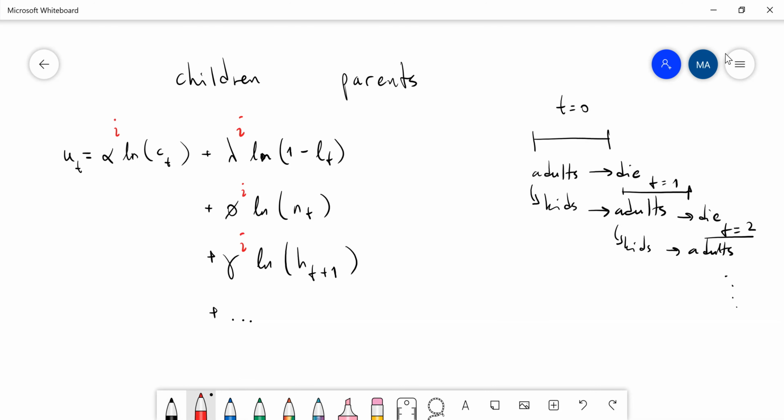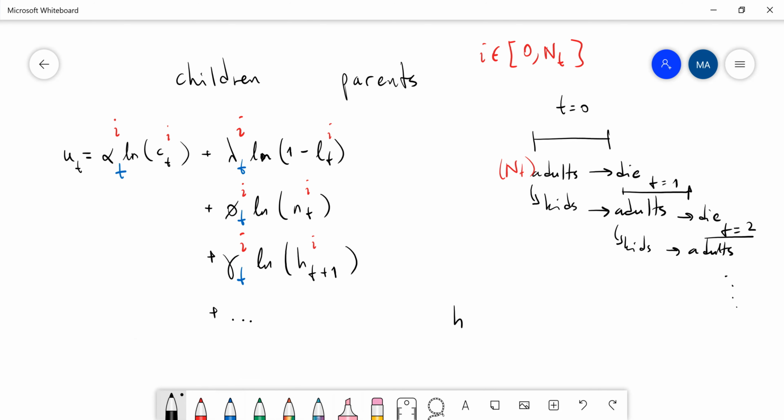Now realize that these parameters do not have to be equal across agents, right? So if there are different parents, suppose that this is the population at T, right? So there are NT adults. These agents can differ, right? And these parameters can also change in time, all right? From one generation to the next. So our agents may have different numbers of kids. They attach different utilities to their kids' human capital.